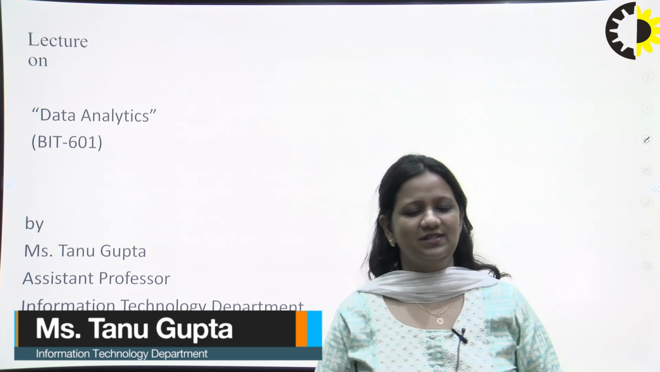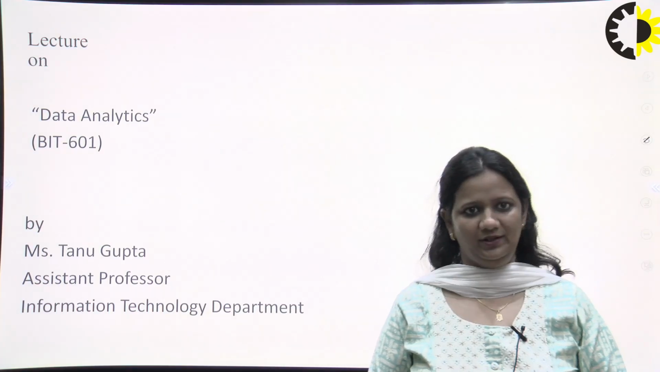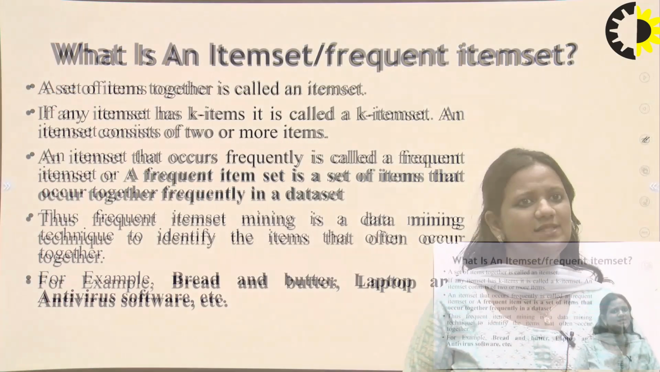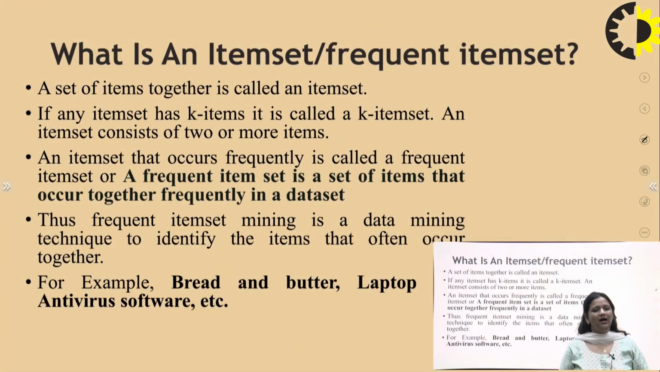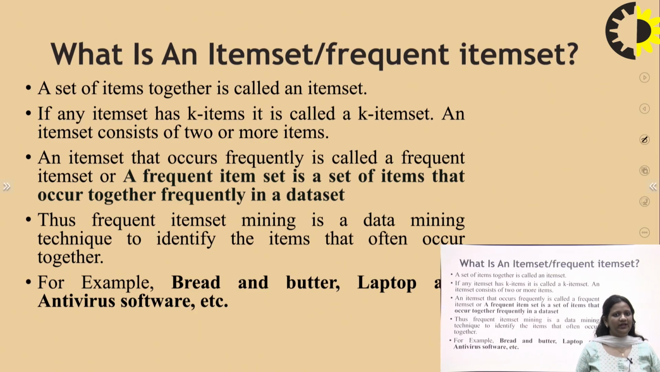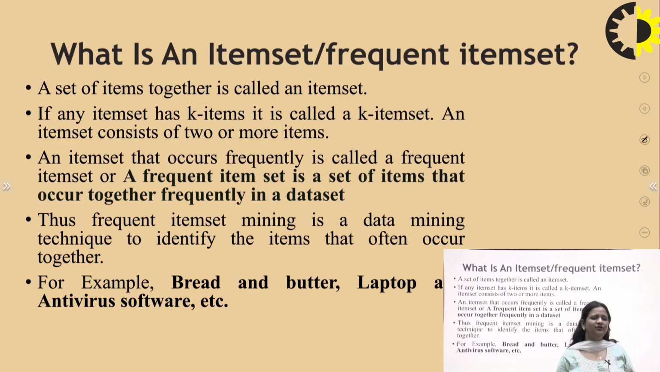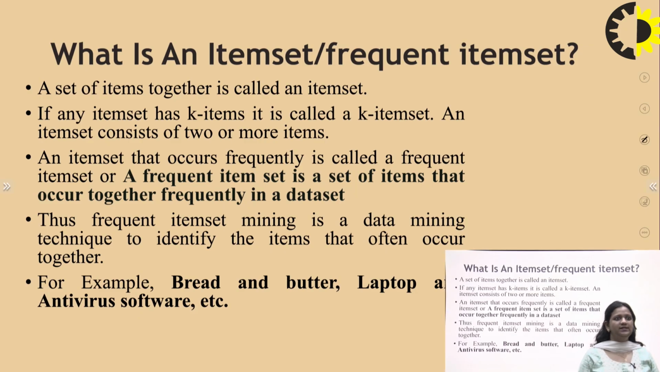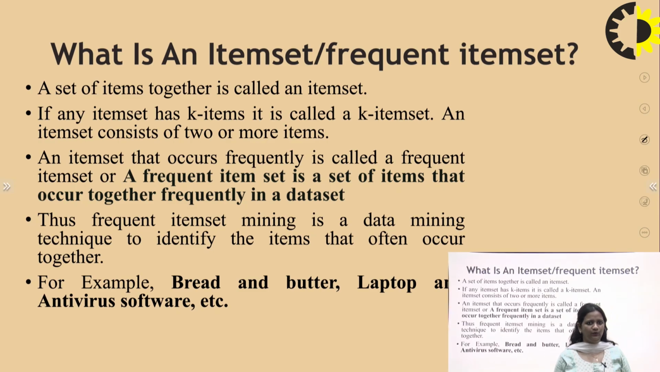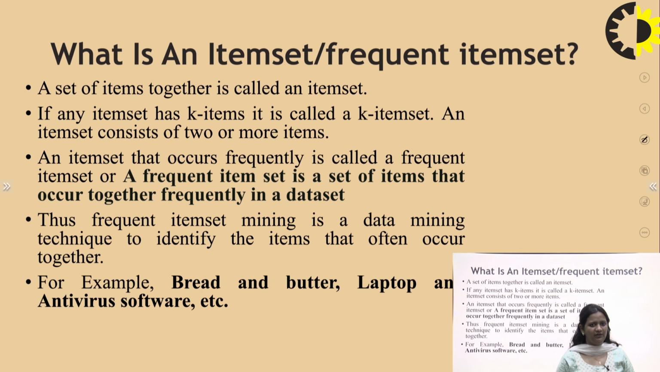Today we are going to discuss a very important topic in data analytics, that is the Apriori algorithm. First, we understand what is an item set and frequent item set. The Apriori algorithm is basically used to generate frequent item sets from a large data set. So first we understand what is an item set, and then we move toward the frequent item set. Then we go toward the steps of the Apriori algorithm that is used to count the frequent number